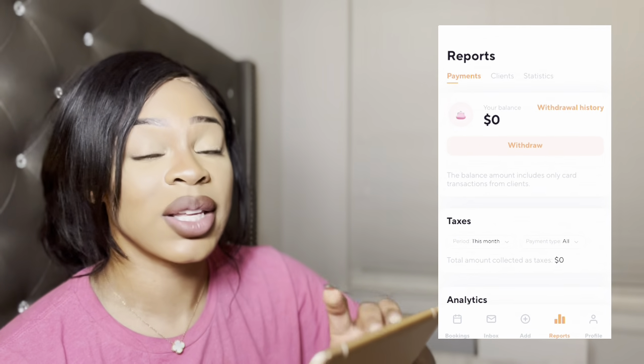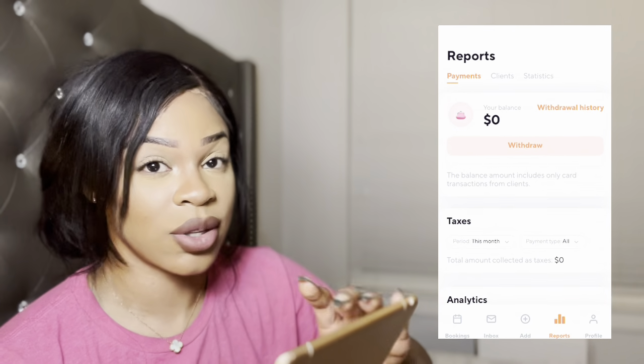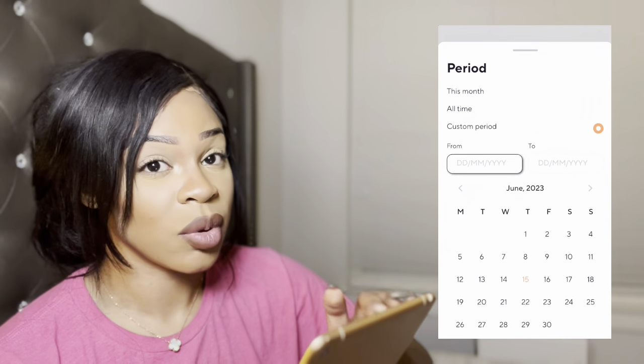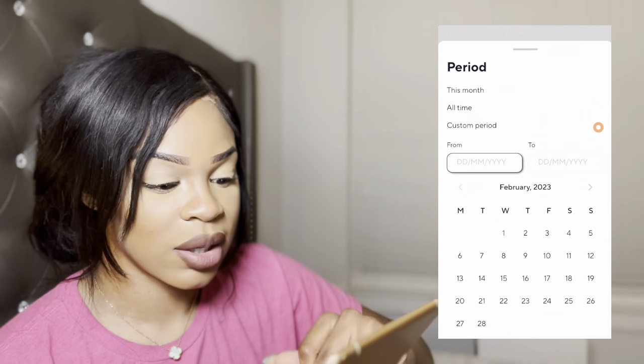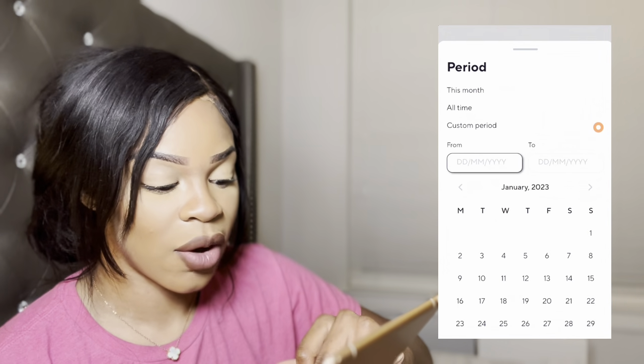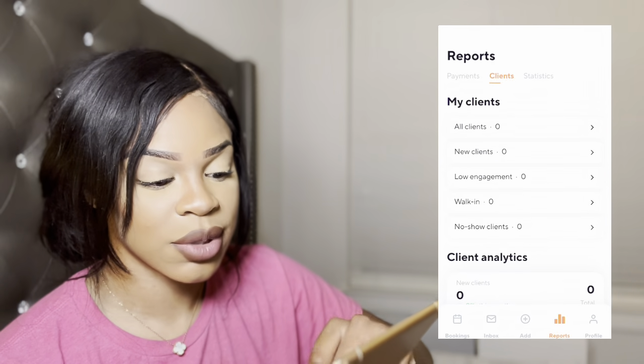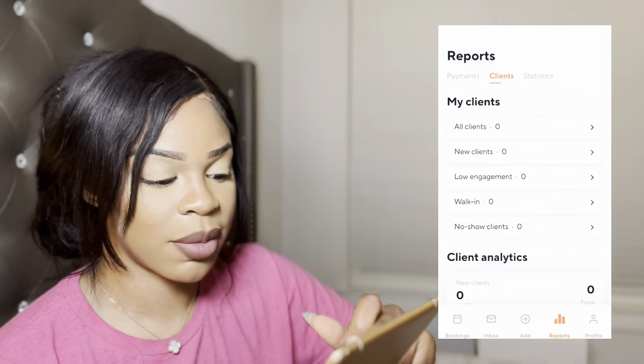So this is really effective. If you are a beginner and you are starting out, please go ahead and set your site up. See how much you earned this month. You can see how much you made over time. You can do a custom period of time. So hit apply and it'll show me how much I made throughout the time.